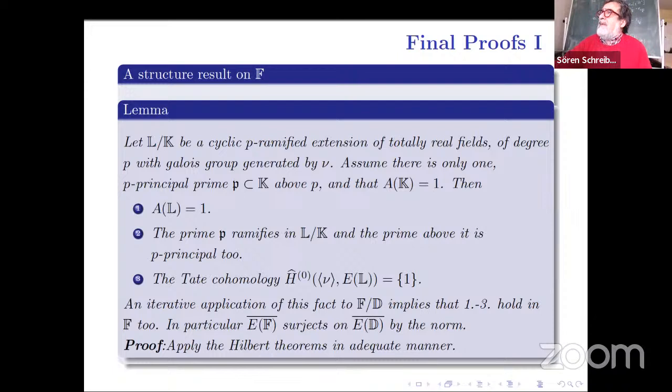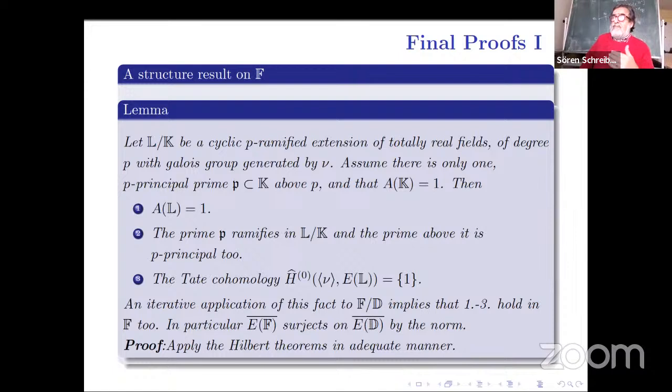Hilbert 92 and 93 play a role here, which tell you that if you have a unit of norm 1 in such an extension, then you apply Hilbert 90, it's something to the nu minus 1, some alpha to the nu minus 1. And the ideal of this alpha is an ideal which Hilbert calls ambig, which is the product of ramified